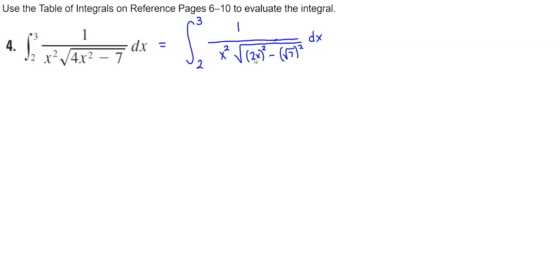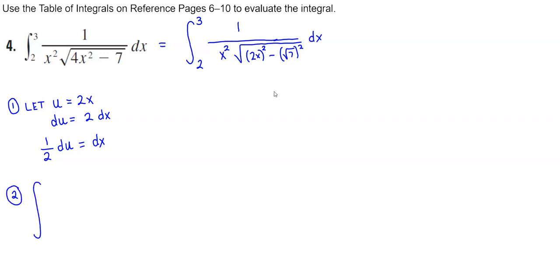Okay, so we can let u equal the substitution, which is 2x over here. So for this next step, we're going to let u equal 2x, and therefore du is going to equal 2dx. Divide both sides by 2, you get 1/2 du, which is equal to dx. Okay, now we're going to use the integral. Going from 2 to 3, 1 over